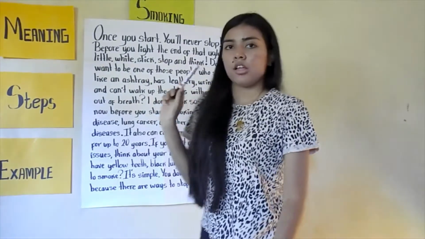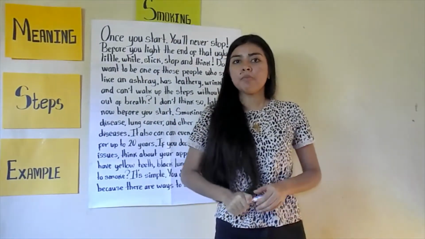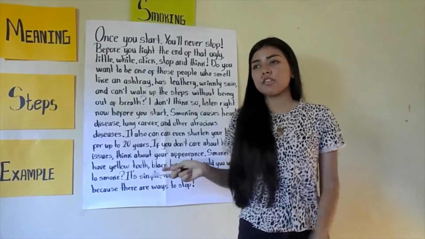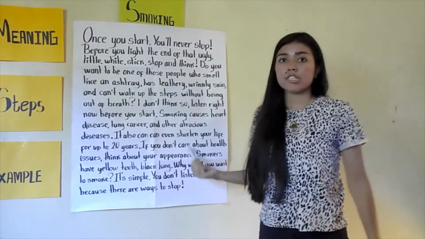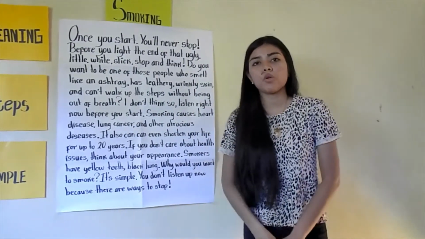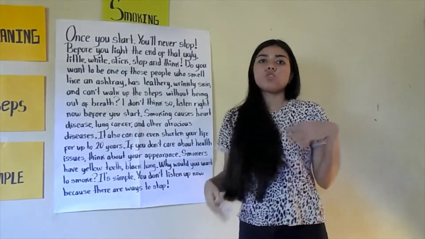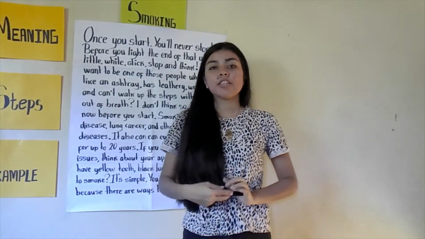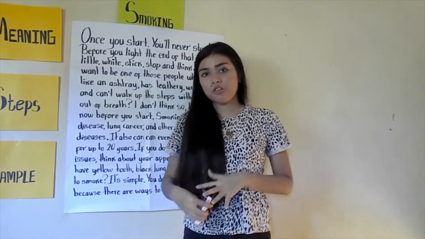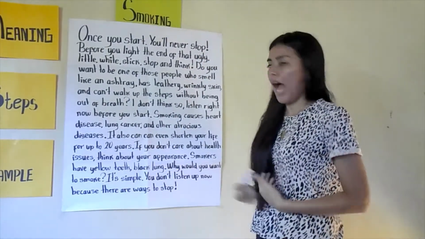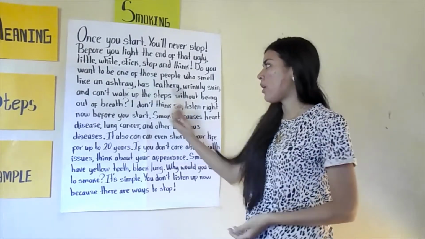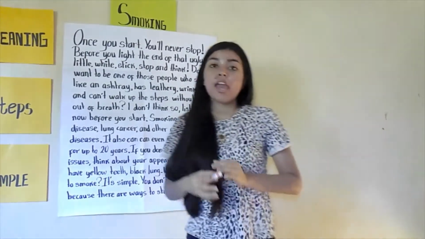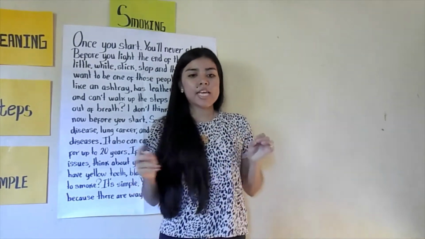Now, we are identifying the steps in this paragraph. For example, do you remember what the first step was? The first step was knowing the audience. In my case, my audience is a group of people who like to smoke. So, the second step is be kind and respectful. In my case, I was kind and respectful with my paragraph because I used appropriate vocabulary. And the third step is